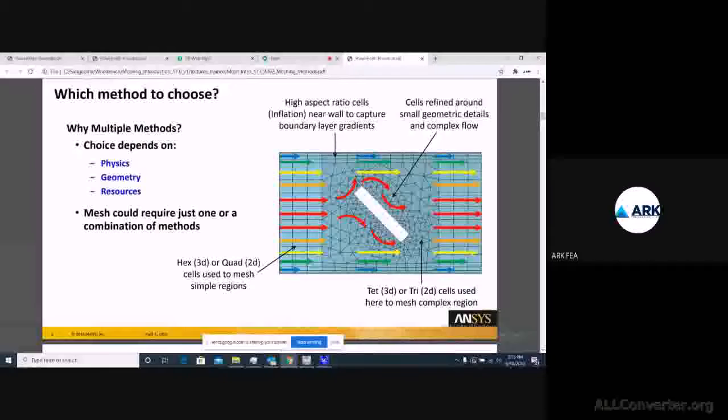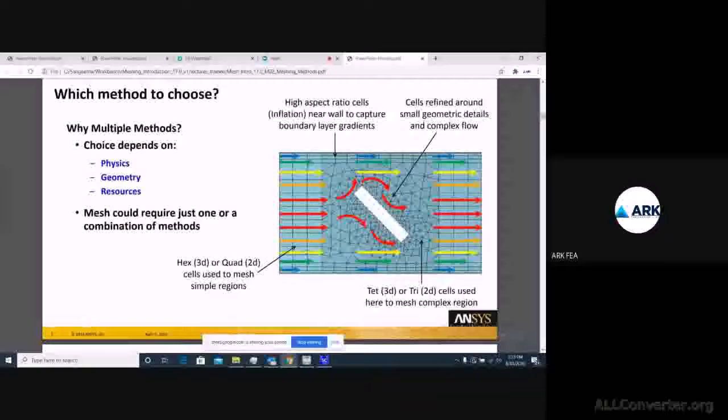So the first question that comes is, why do we have multiple methods to mesh our geometry? As you can see on the screen, it depends on the type of physics. If you are dealing with anything structure related, or any kind of explicit, dynamic behavior you want to check, the physics is changing.